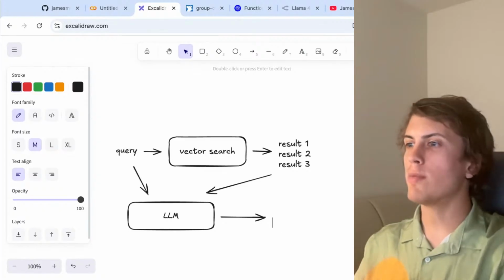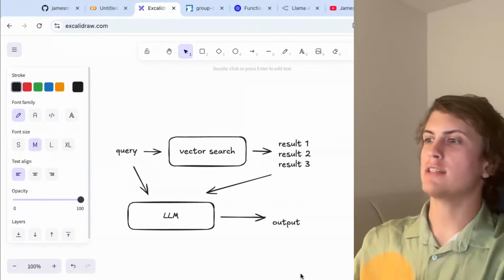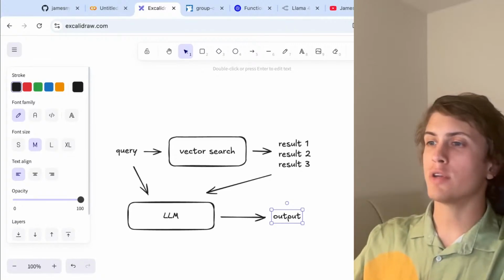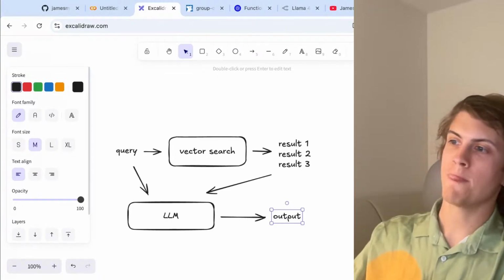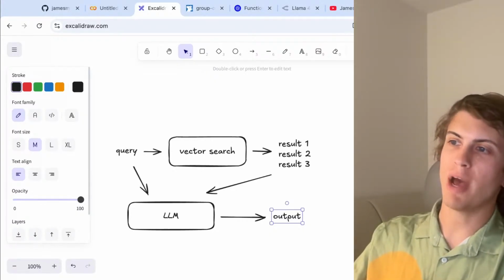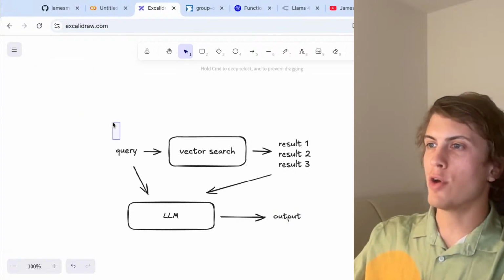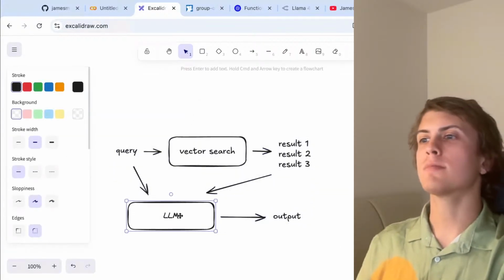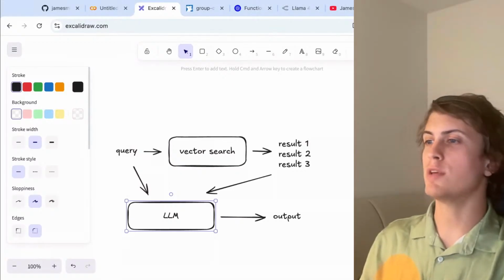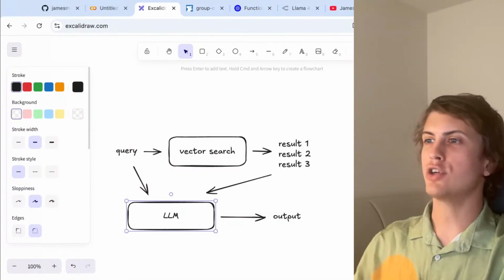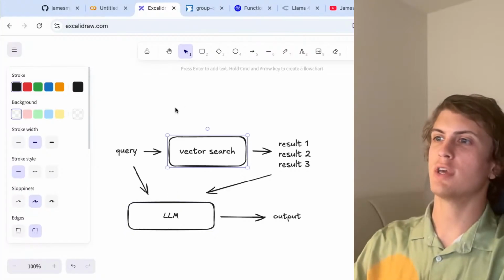a well-formatted answer that tells me, oh, if you're looking for spicy food, you might want to try a chicken tikka masala. Otherwise, if you're looking for something vegetarian, maybe you can go for a pad thai. And so those two together, the vector search and the LLM, make what many people have found to be a really effective approach. And I showed how to do this using a list